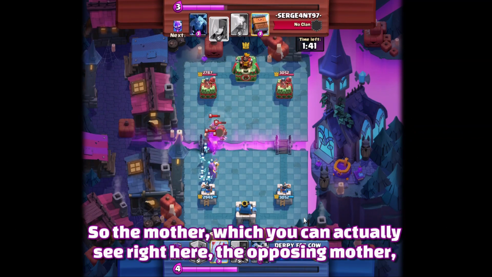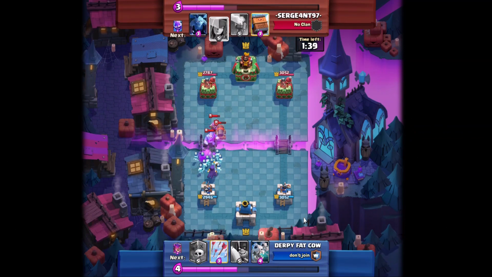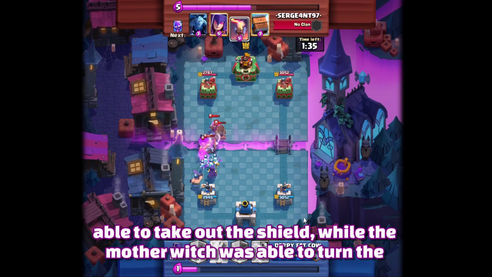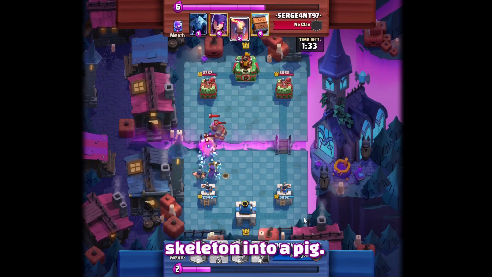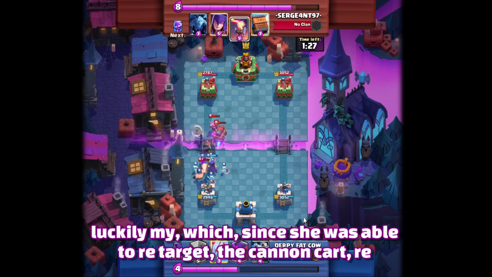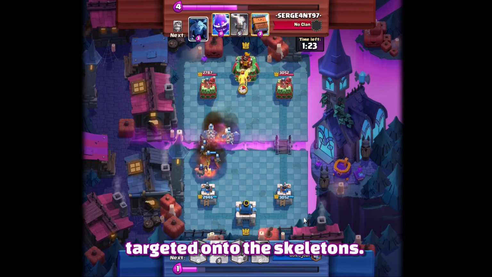So the Mother Witch, you can actually see right here, the opposing Mother Witch did very well, killing all of my skeletons. The cannon cart was able to take out the shield, while the Mother Witch was able to turn the skeleton into a pig, and it was actually almost able to take out my Witch and Executioner. But luckily, my Witch, since she was able to retarget the cannon cart, retargeted onto the skeletons, and now I'm